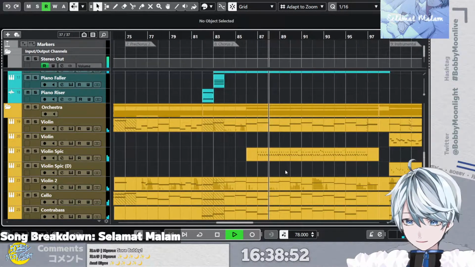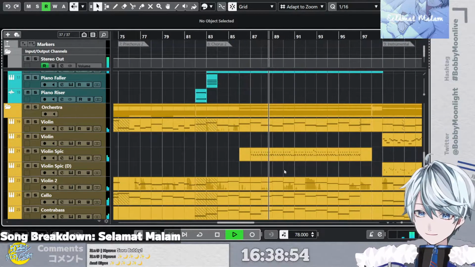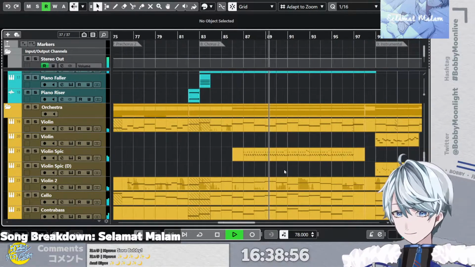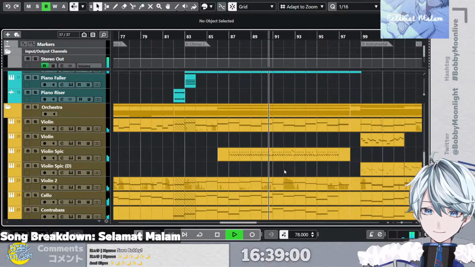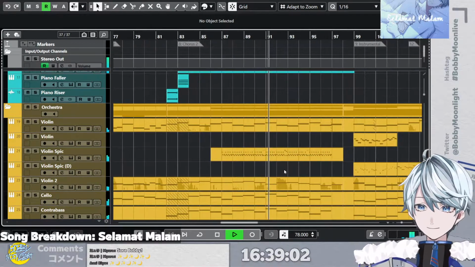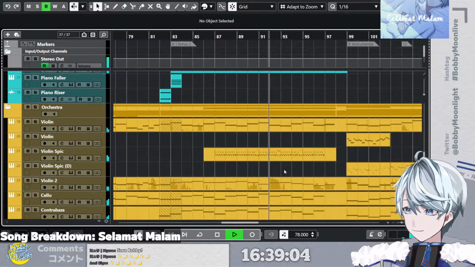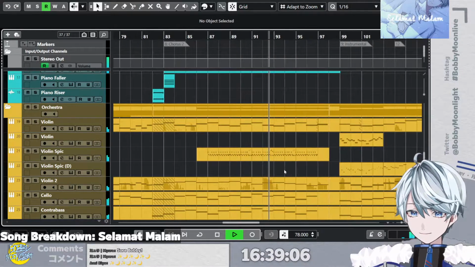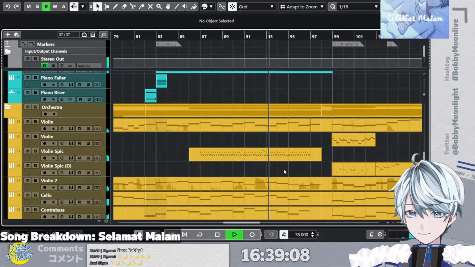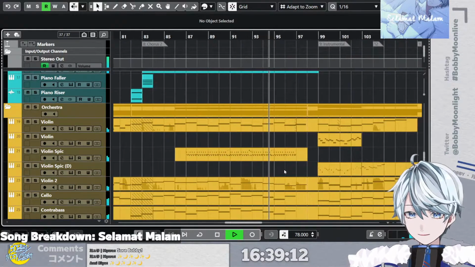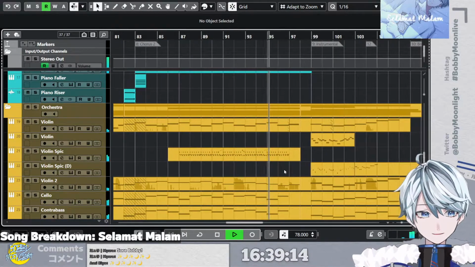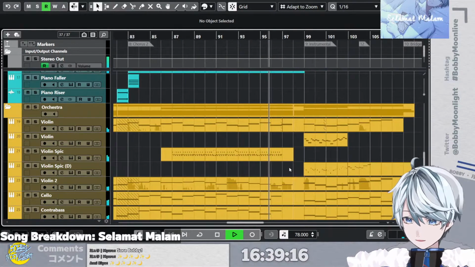Temui aku dalam mimpimu. Hari yang indah telah berakhir, tapi ku kan pastikan kamu